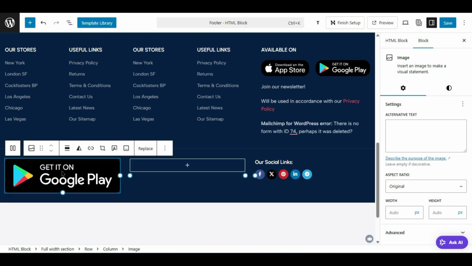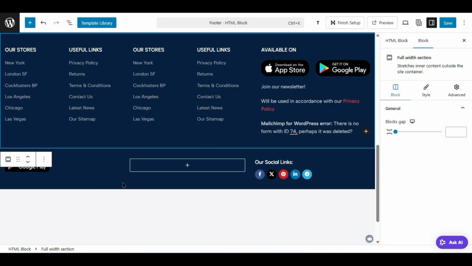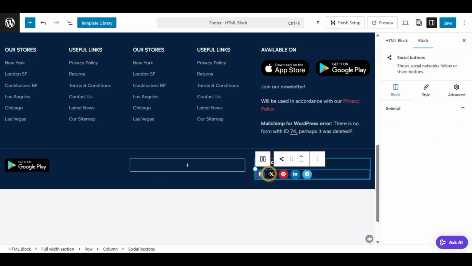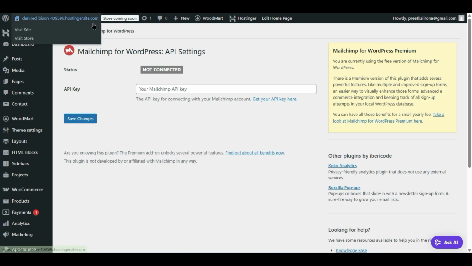Now we have it here. We can even adjust it to make it smaller. This way you can add different types of labels to your footer to make it professional. For the social media links, click on the links, and in style you can change its style. But how can you change your social media links in the backend? You have to go to theme settings,